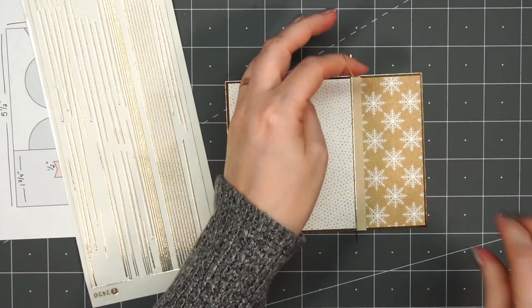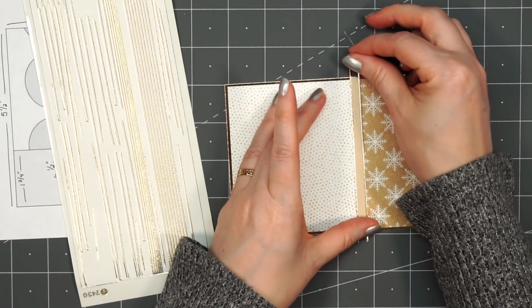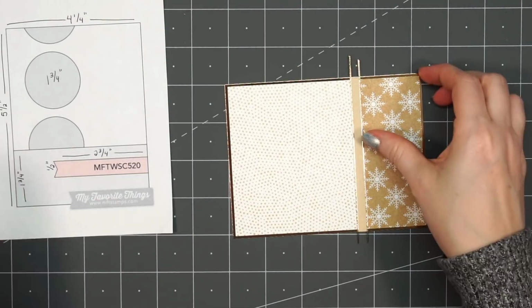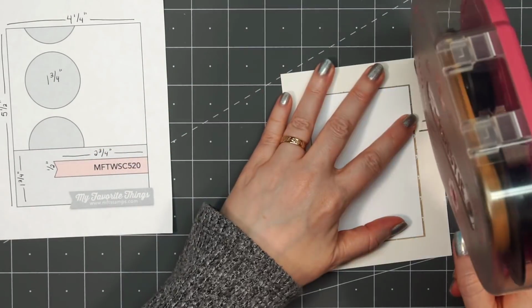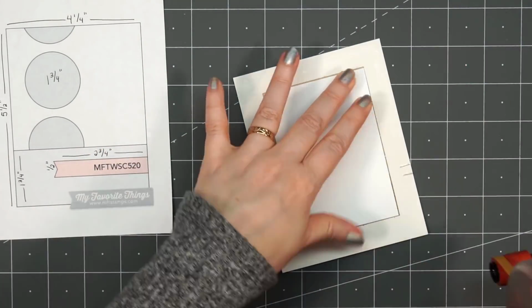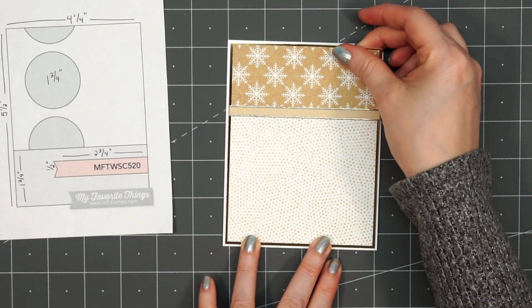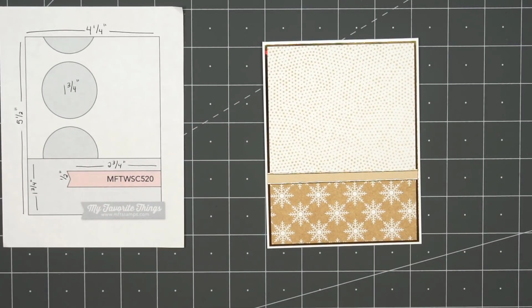This is the clear gold mirror color, and I'm using the thinnest width. So I am trimming these a little wider than the panel, and I'll just wrap the ends behind the back. Now I'll put my card front onto a card base. And if you are curious about my cardstock layers, they're generally an additional 1/8 of an inch to the measurements